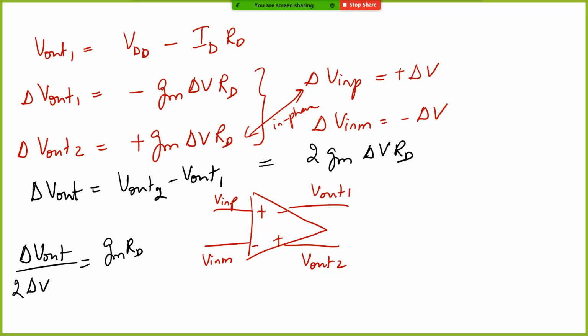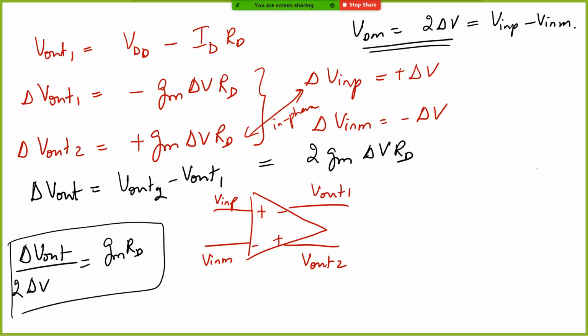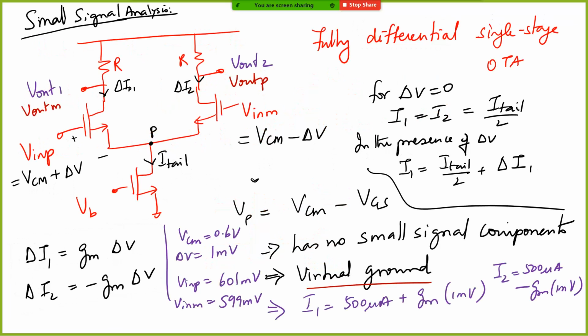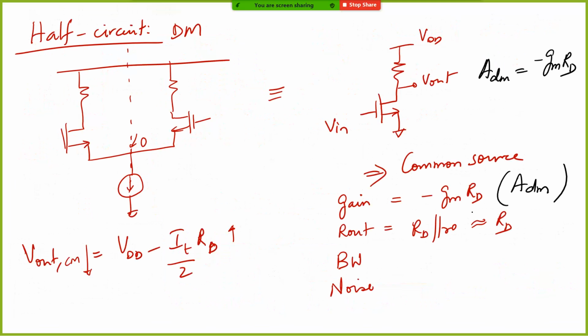It is because the differential mode signal here, VDM, is nothing but 2 times delta V, correct? Because you have plus delta V here, minus delta V here. VDM is nothing but V in P minus V in M, which is given as 2 times delta V, right? And the gain is nothing but GM times RD. So you can intuitively look at this circuit and arrive at it, or you can also go